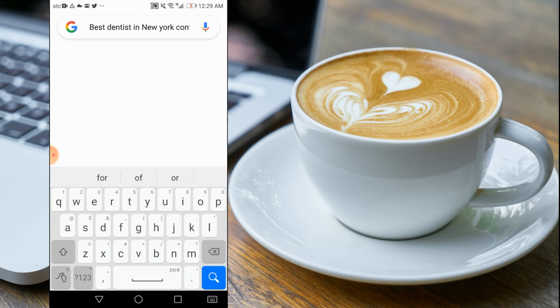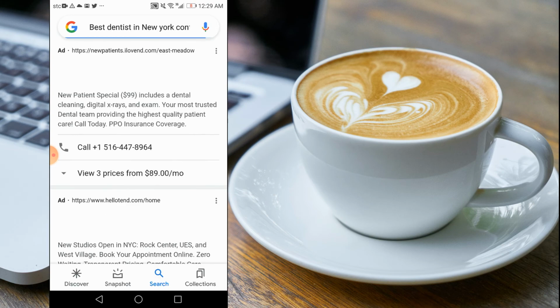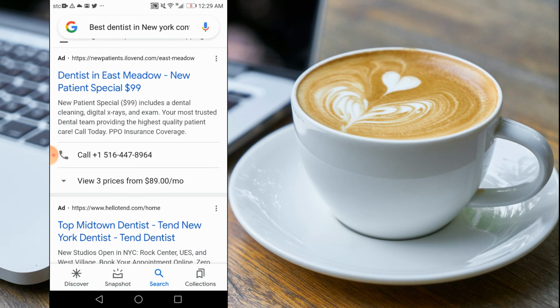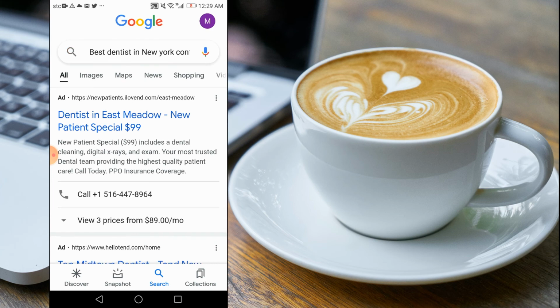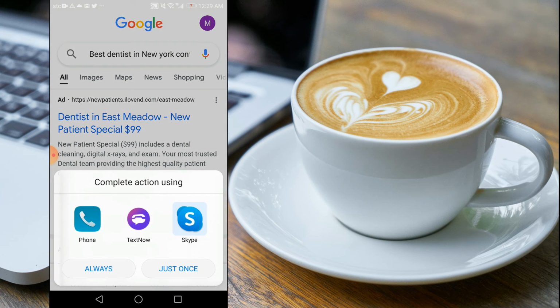I'm going to tap this. Now I need to look for an American number. Here we have the first thing that comes to our eye, and it's an ad, and below it says call. So what I'm going to do, I'm going to tap on call, and what happens, guys, when the application